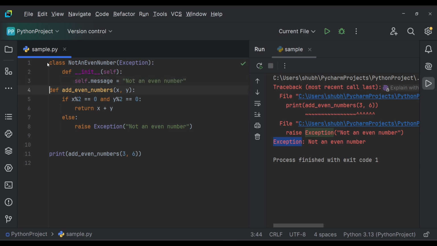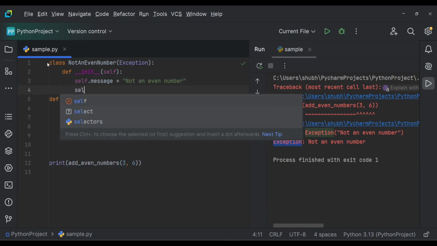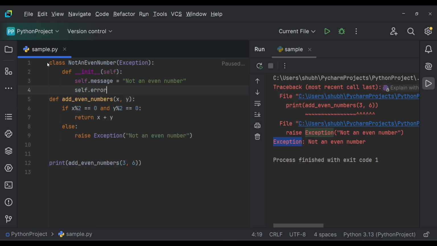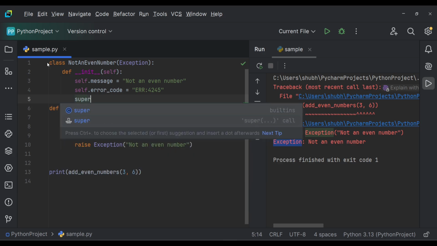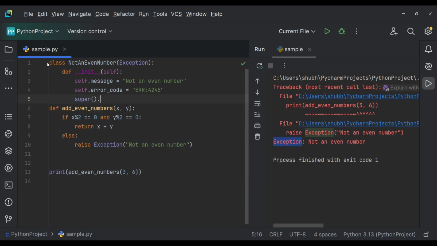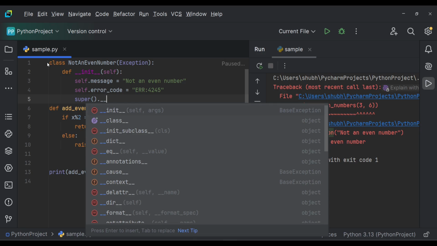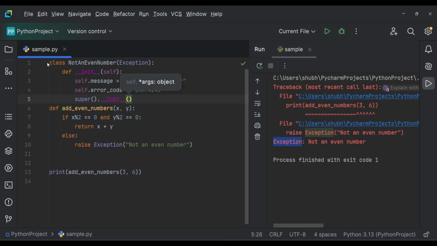Okay, and we can also provide some error code as well, and we can add a few more variables according to our choice as well. So let's say I'm providing error any number, let's say 4245, and then we will call the init function of the super class, which is our